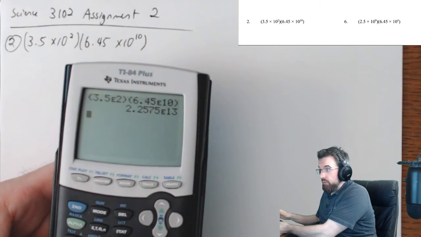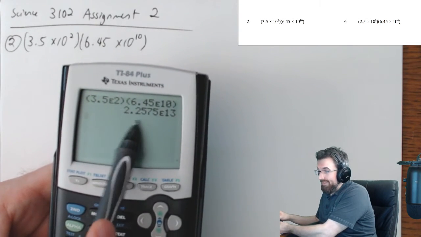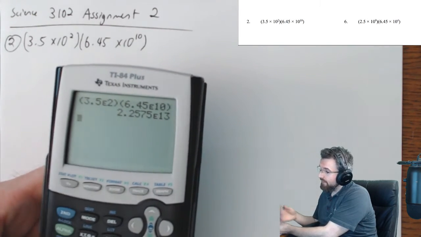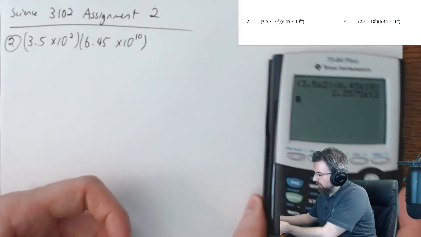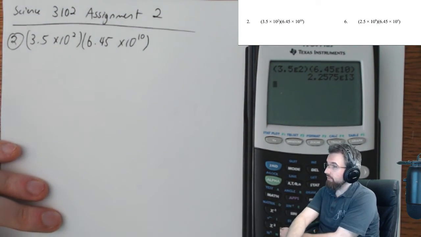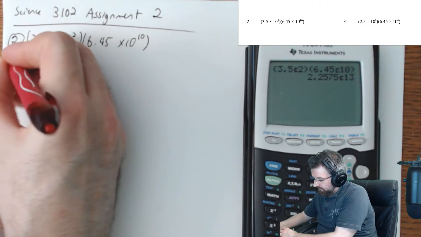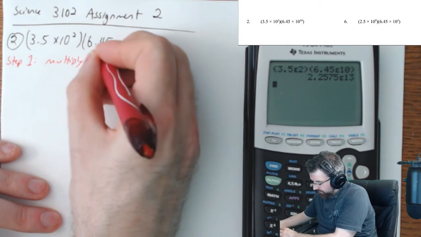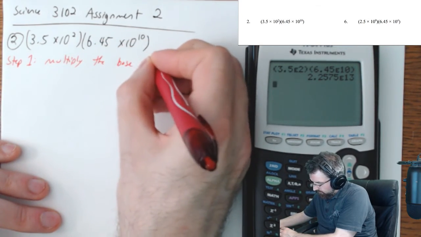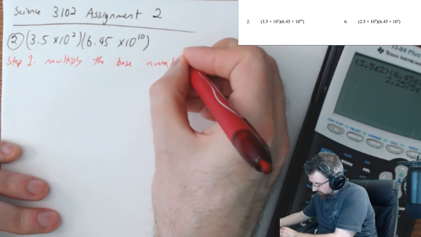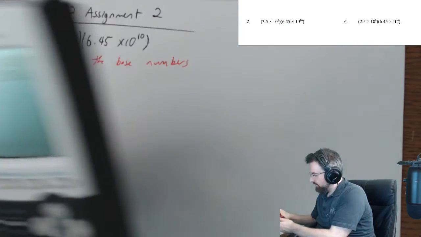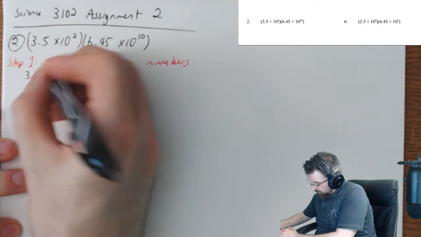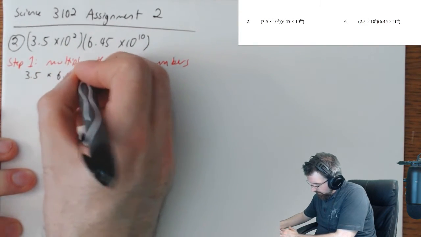Now that's skipping past a few different things, but this is a totally fine thing to do. It's totally legitimate to use your calculator to give yourself a preview of what the answer is going to be. But I would like to walk you through the individual steps that we will go through to get there. So step 1, multiply the base numbers. Here I'm going to do 3.5 times 6.45, and that's going to equal